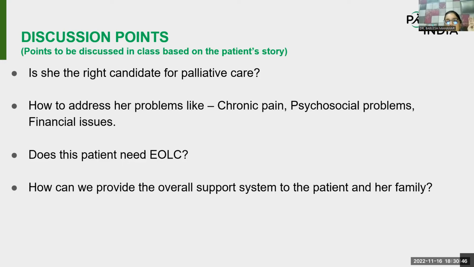Try to connect with that patient, even telephonically, through virtual media. Keep on talking to that patient, keep on talking to the entire family about their views, and attach them with the social worker, so that the brunt of the financial aspect of their kids' education is taken care of, because she should be at peace. If we have the right to live with a dignified life, we should always provide a dignified death also to the patient.